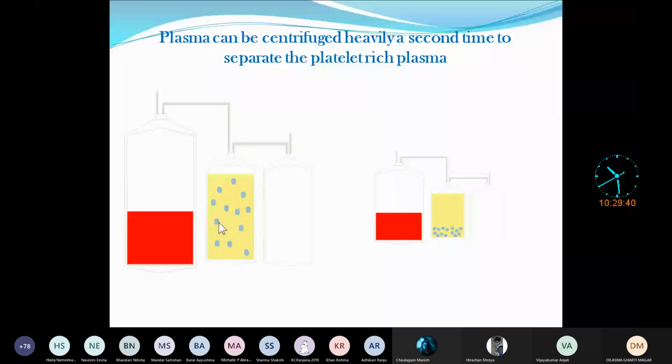Heavy centrifuge. Do you know the meaning of centrifuge? I'm saying centrifuge several times, but do you know or not? Yes, ma'am. Okay, centrifuge means whenever we spin the blood, or spin something, whatever things are heavier will settle at the bottom, and the lighter things will come up, and the fluid will come at the top, understood here? That is known as spinning. Whenever we rotate something in a machine, that is known as the centrifuge machine.